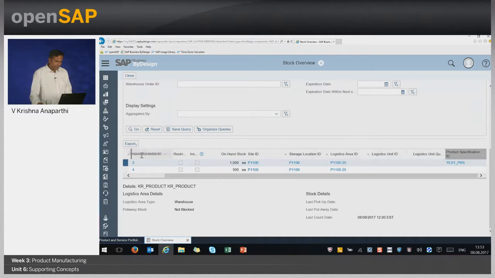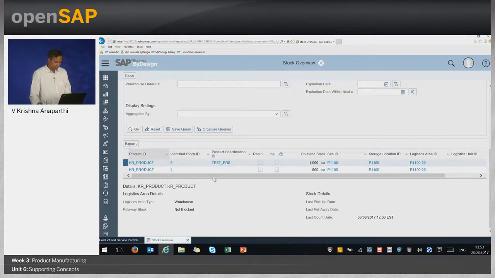I also have the product specification information, which tells me that these 1000 units are very specific to a product specification and these 500 units are independent of any product specification. If you remember, this is the PRS which we created in the earlier unit. So, we already have the stock situation here.